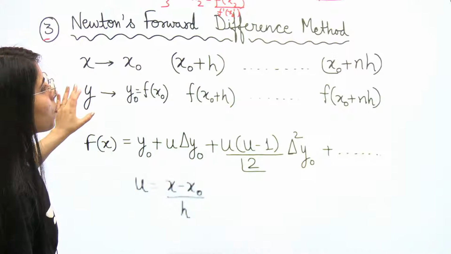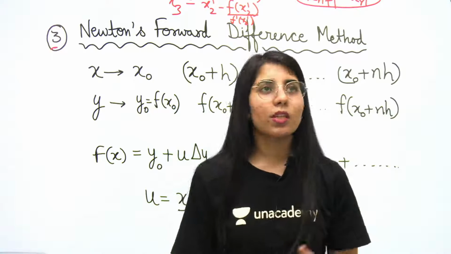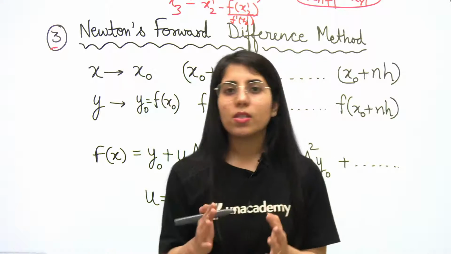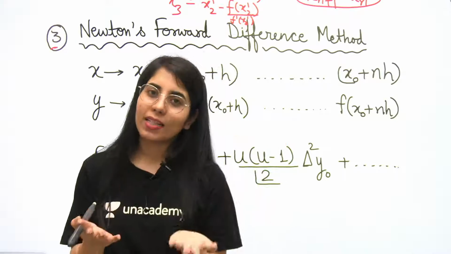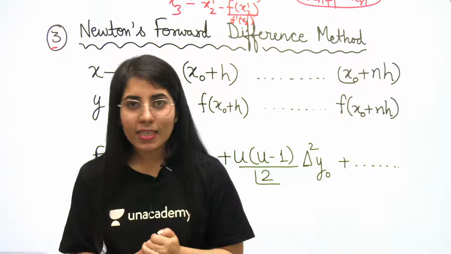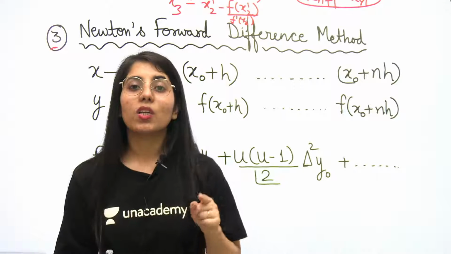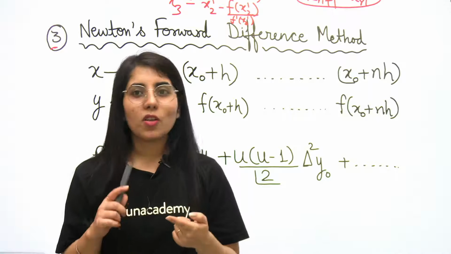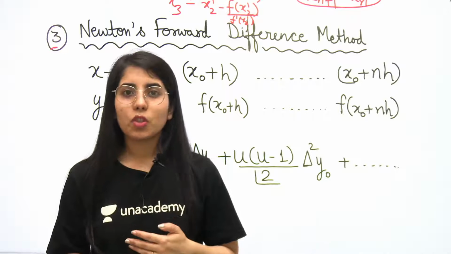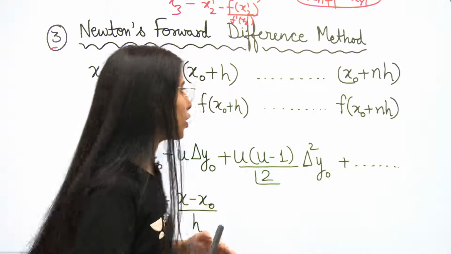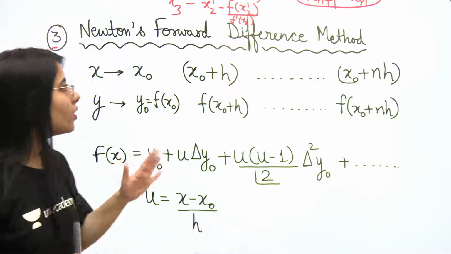Okay, so guys, the next method will be Newton's forward difference method. You may have heard about it. It's quite easy. All the methods are easy. We just need to know about an approach, and we can apply those steps in the questions and get the answer. So all are going to be quite easy, but a better understanding of the method will make it easier. It's important to know about the steps, and it's important to know about the formula included in that particular method, which is going to help us get the answer. Once that is clear, you are ready to solve any question based on the method. Okay, let's talk about it.